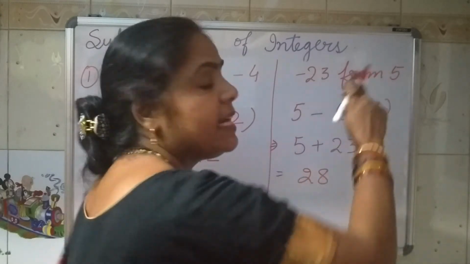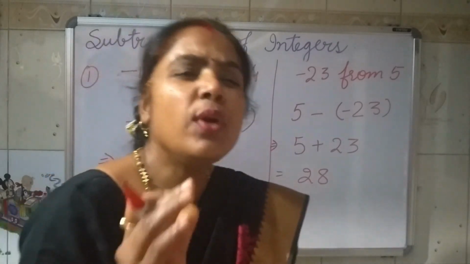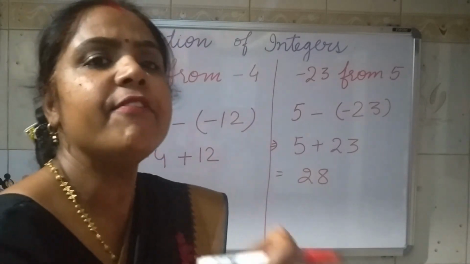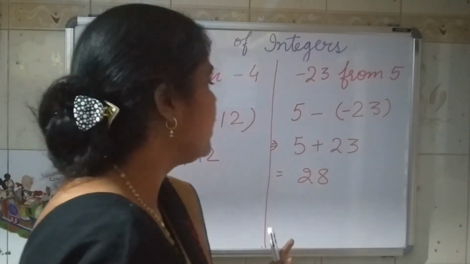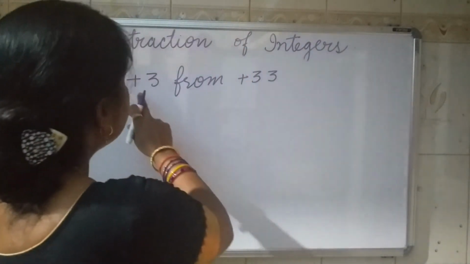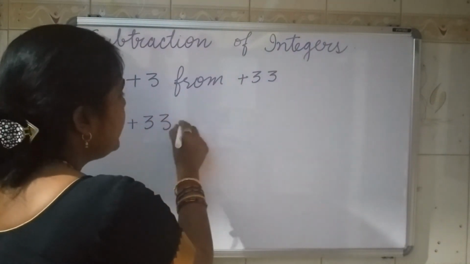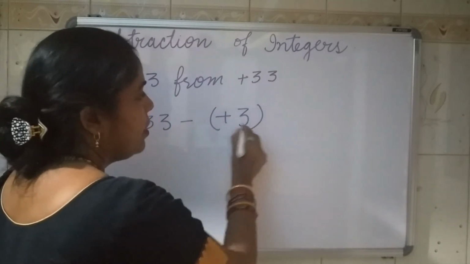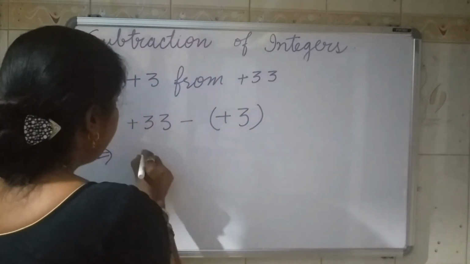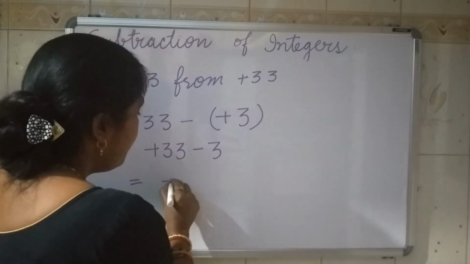So we have started with this procedure of subtraction, but we have concluded it as addition. It looks very confusing, but when you start practicing it, it is very easy, and on your fingertips you will understand how to solve it. Clear? So solve some more examples. So next example I am taking plus 3 from plus 33. So it is plus 33 minus plus 3. Okay. Outside the operation is minus, inside the number is positive. So it will turn to plus 33 minus 3, and it will be equal to plus 30.